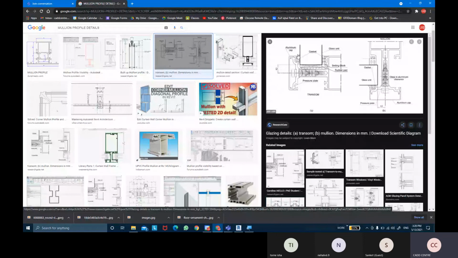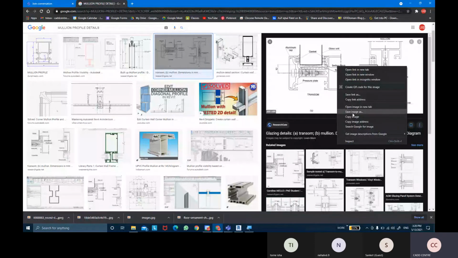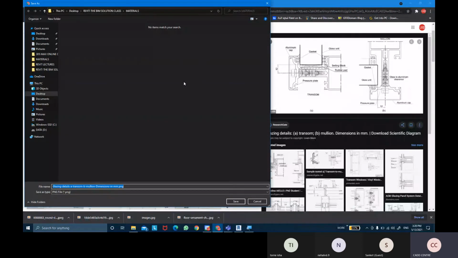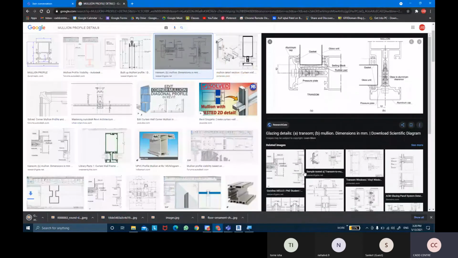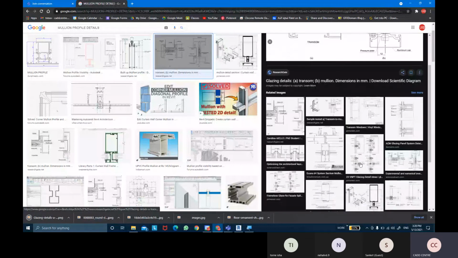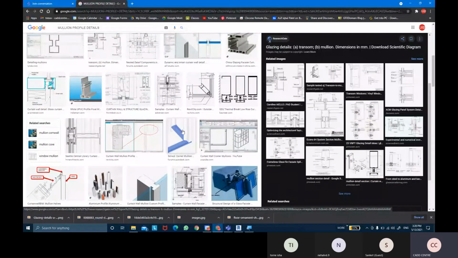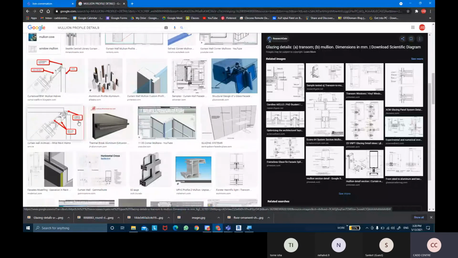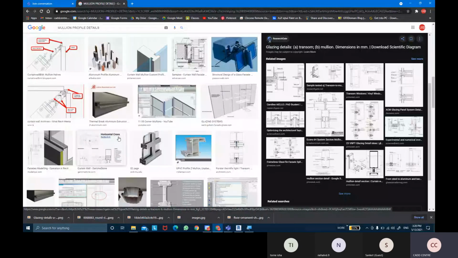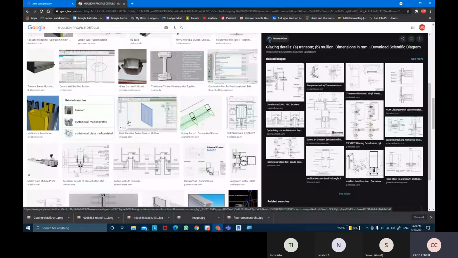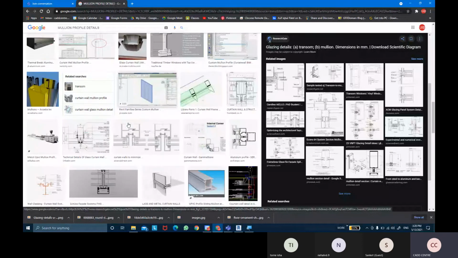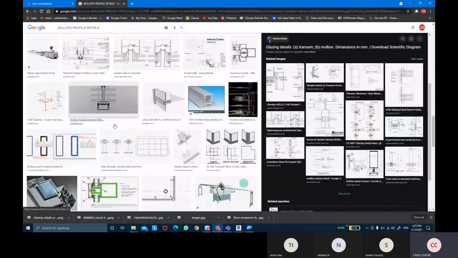So we have to create the shop details. These detailings shall be provided to you by the shop drawing people.